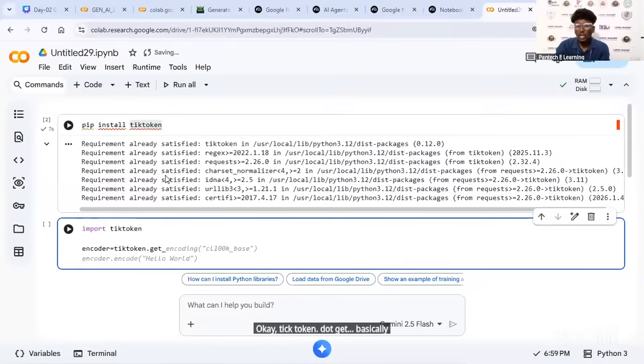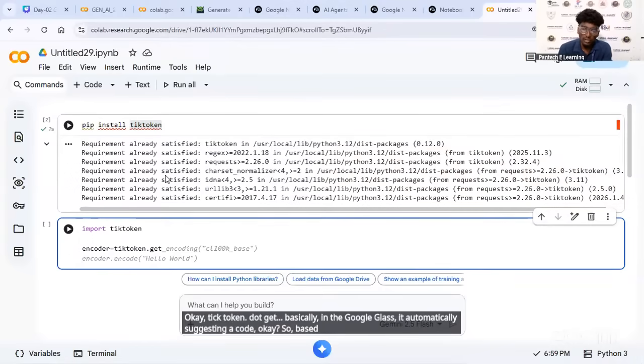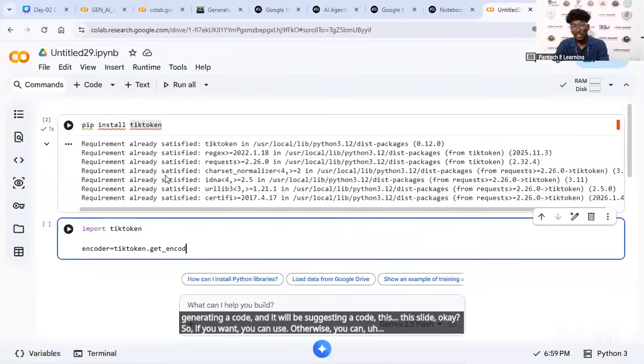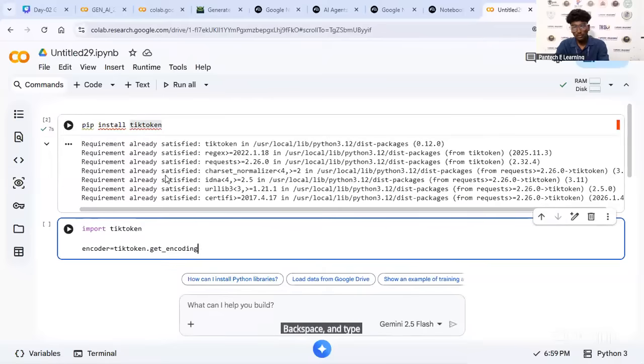Basically, in Google Colab it automatically suggests code. Based on AI it will automatically generate and suggest code like this. If you want you can use it, otherwise you can backspace and type your own code.